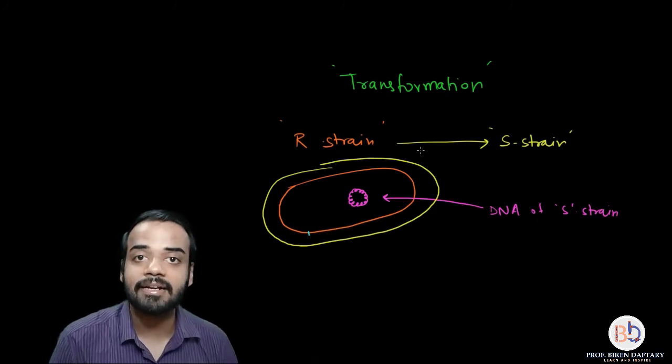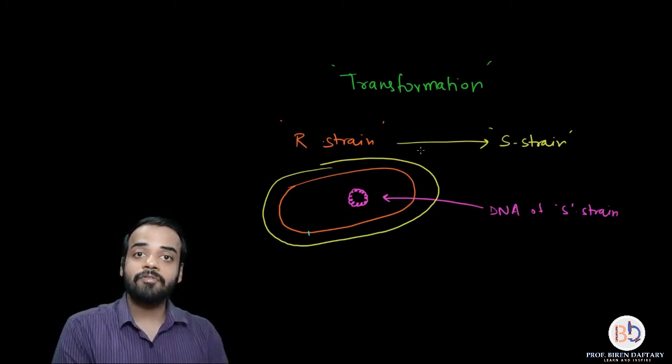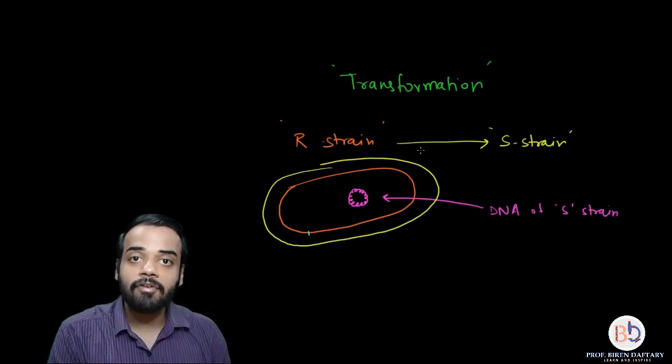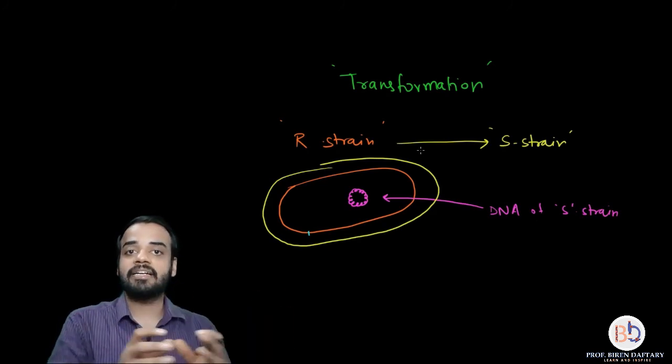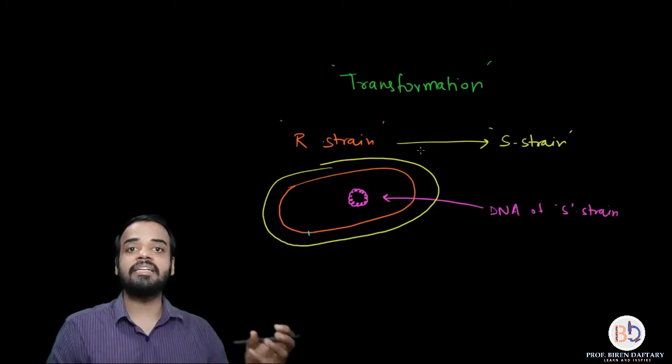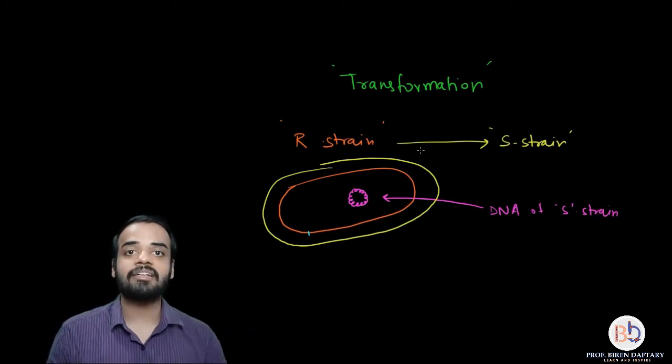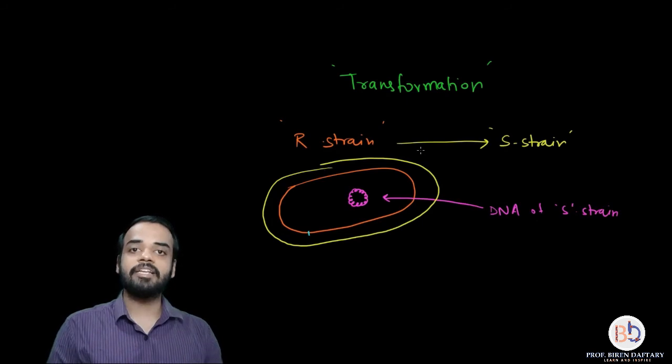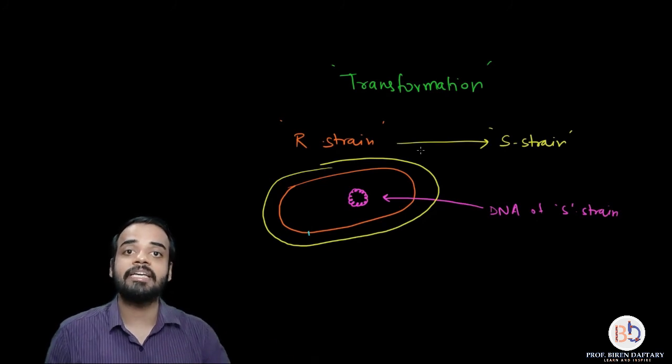Are you getting that? And please remember, for this transformation to occur, the R strain has to be alive. If I would have mixed heat killed R strain and heat killed S strain, then the DNA of S strain would not have entered R strain. Because first of all, if both of them would have been heat killed, obviously the entire bacterium of R strain would also have been destroyed. Correct? And the other thing is, to absorb the foreign DNA, the bacterium has to be alive. That is why the live R strain absorbs the DNA of S strain.